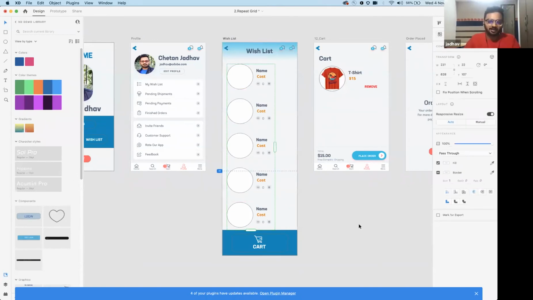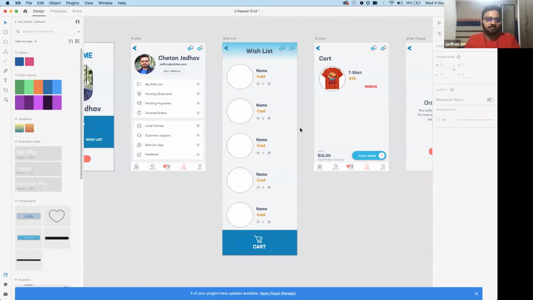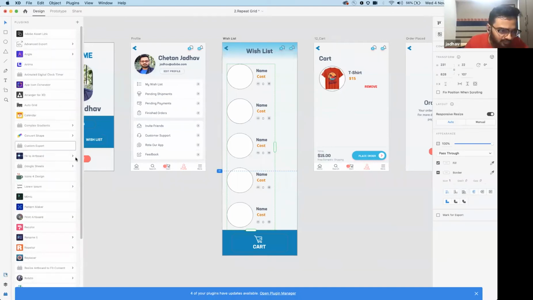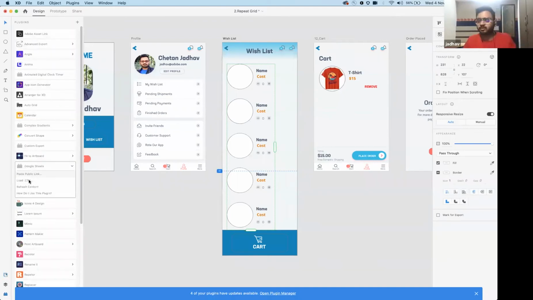Then I'll drag in one image, and I can have a t-shirt image here. I can have maybe a goggles image here. I can change the name. I can change the costing. But I don't want to do it manually. I can use Google Sheets as a plugin, and that Excel data will readily fit here. So if I come to my plugins, here I have a Google Sheet plugin where I just have to upload a Google Sheet file.